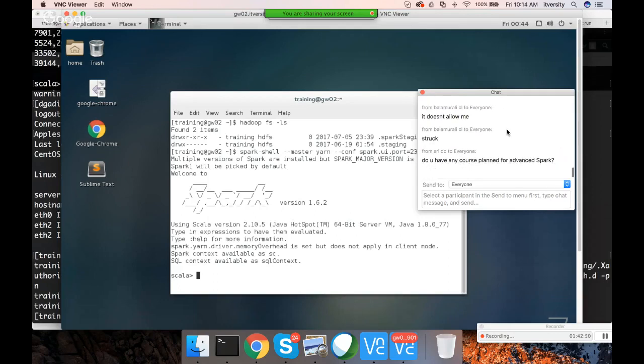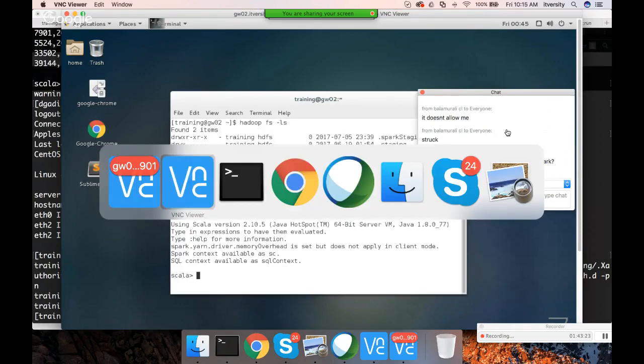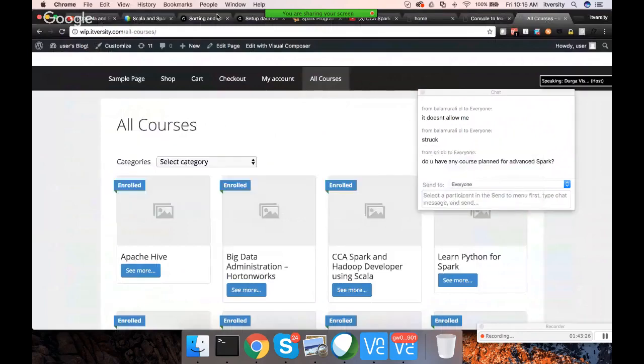Balas is already done. She is asking, do you have any course plan for advanced Spark? This is advanced. Core Spark, if you go to any typical course, as part of the basic course, they cover word count. They do not even cover joins and those things from the real world perspective. So whatever I am covering is kind of advanced Spark, especially Spark SQL, data frames, and all those things. And also, if you go through the material which is there as part of this course,